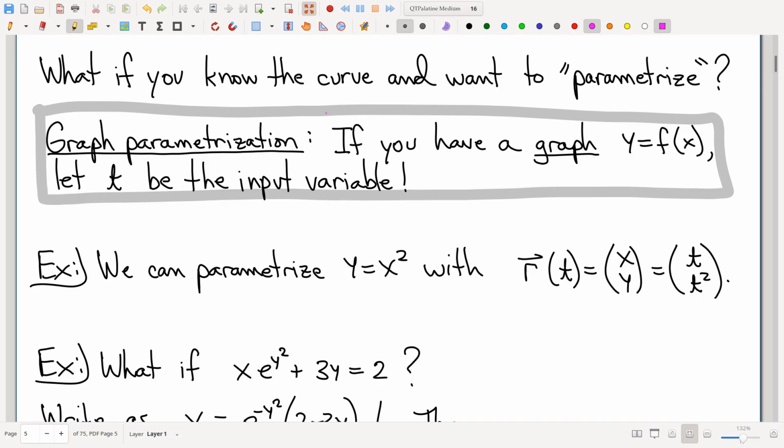And frankly, I think one of the big shortcomings of many multivariable calculus textbooks, including our own, which I like very much. I think our textbook is actually really very good. But it does have a little bit of a disappointment that they don't spend any time talking about how to